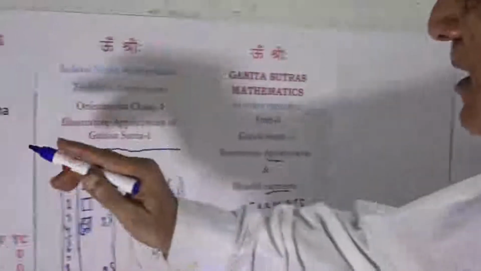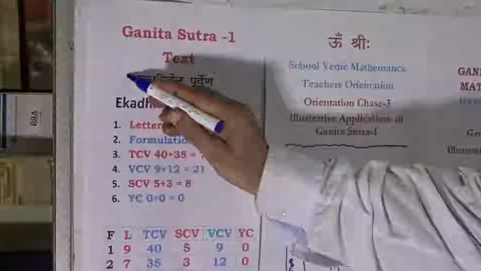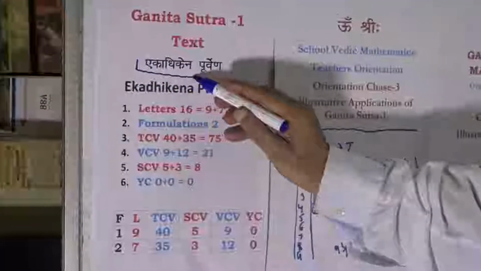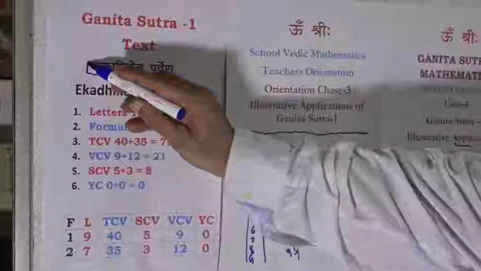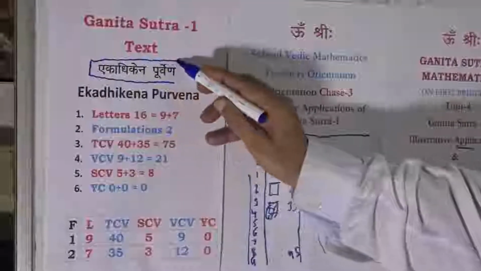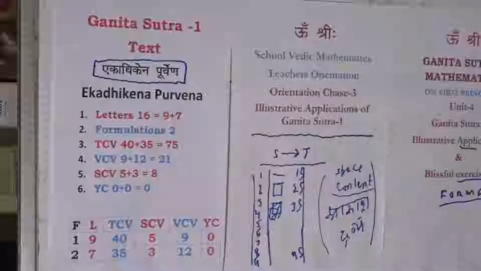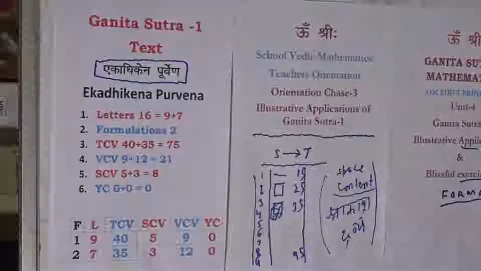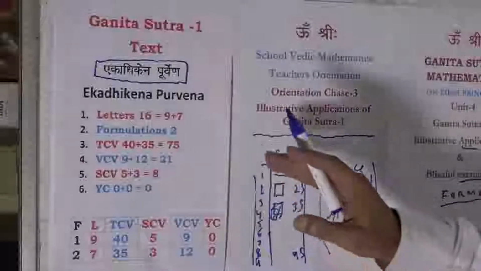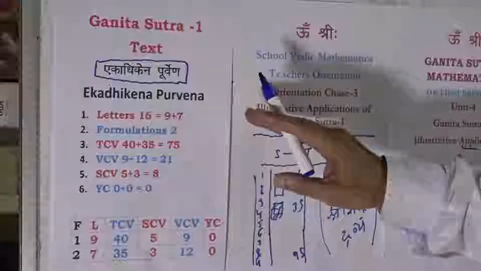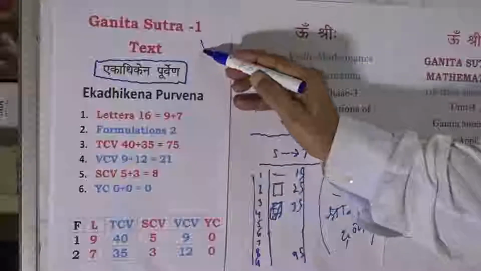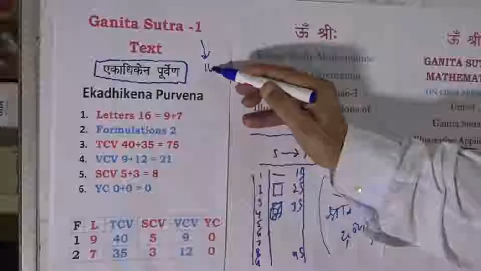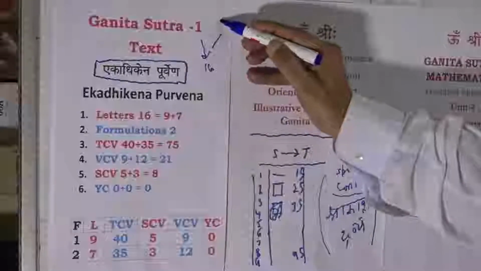Ekadhiken Purve is Ganita Sutra 1. Therefore, the chase for the formats as well as for availing a chase for pure values is to begin with the Ganita Sutra 1 itself, and this chase will take up till Sutra 16,